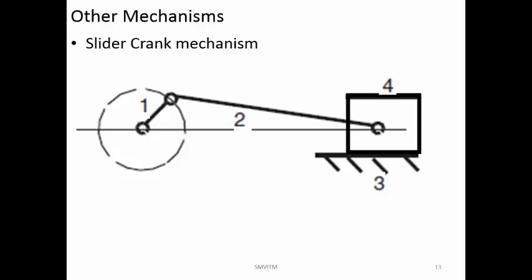Now in the case of the air compressor, you are rotating link number 1, the crank, using an electrical motor, and the piston is reciprocating, and you are compressing the air to increase its pressure. So that is the example of a slider crank mechanism, but the machines where you are using it are completely different. One is the IC engine, the other one is the compressor. This is what we have to understand. The mechanism can be the same, but their applications may be completely different.